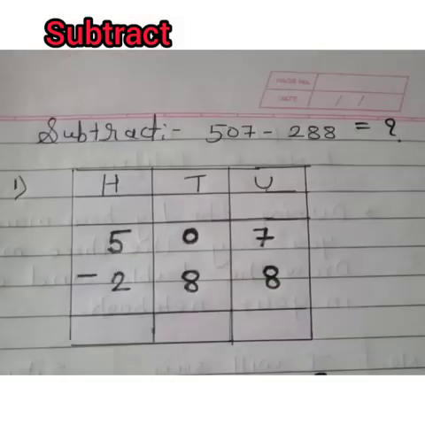Students, now we are going to practice some more subtraction. First is 507 minus 288. 8 units cannot be subtracted from 7 units. So we must untie one 10. But there is nothing in the 10 place. So we shall untie 100 and get 10 tens. When we untie one of these tens, we get 10 units. This and the first 7 units make 17 units. Subtract 8 units from them and we have 9 units left.